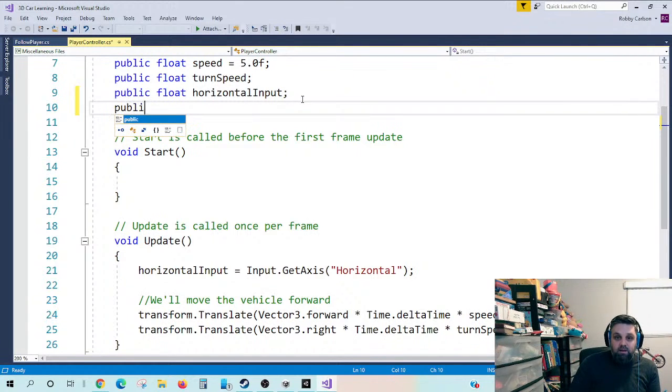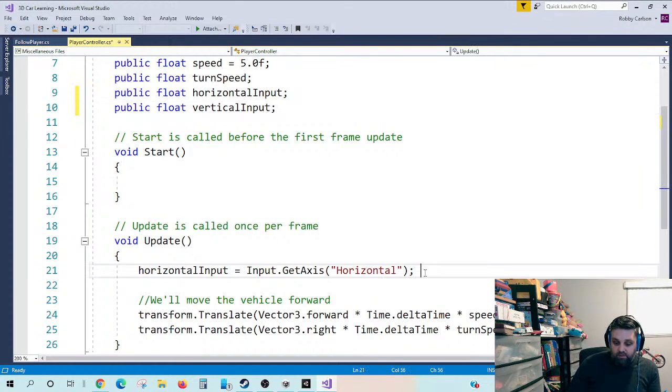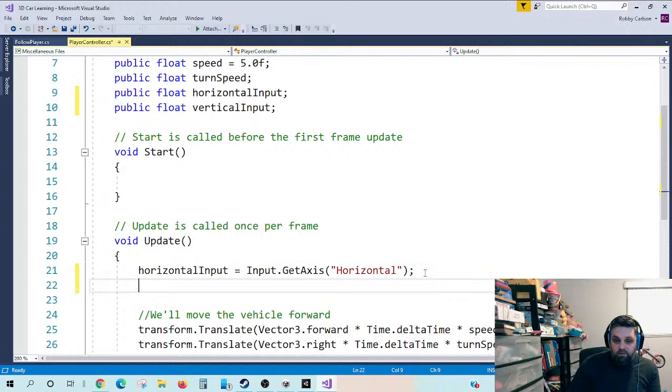We'll do public float vertical input. Make sure we do that. And then we need this one to do vertical input equals